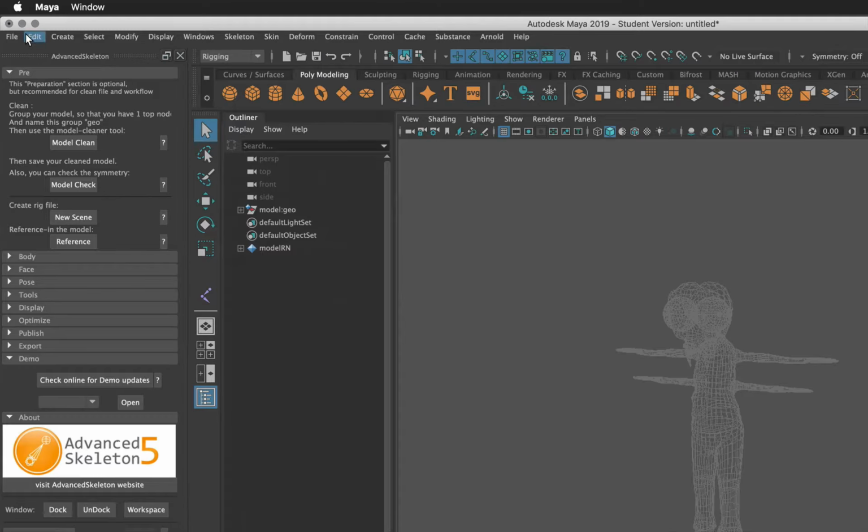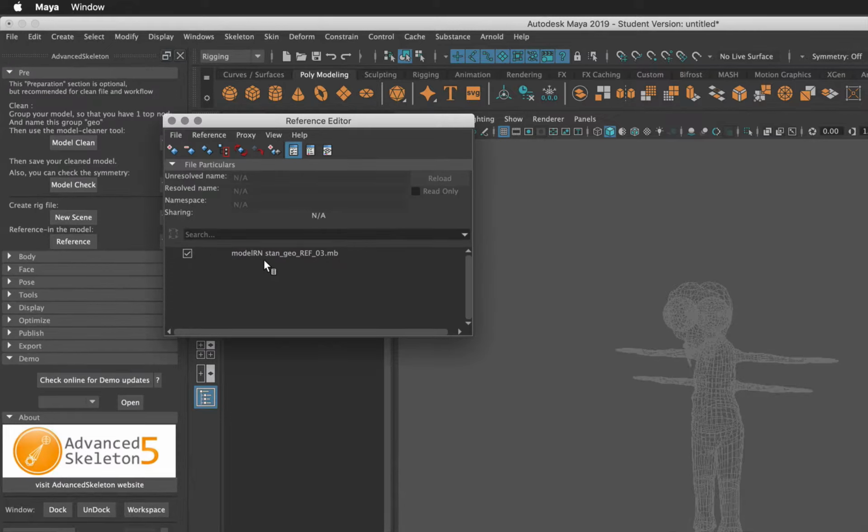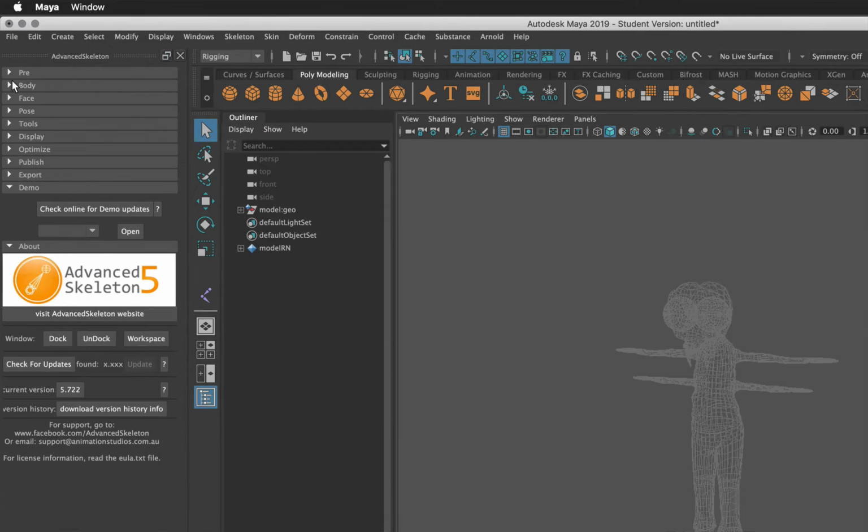If you're ever looking to edit or play around with those references, here's the reference editor. You can actually work with the reference editor here. I have found all of these referencing things to be a little bit persnickety, and I would not recommend messing around too much in here, but there is a way to manage references. Okay, so we'll get out of pre. So now